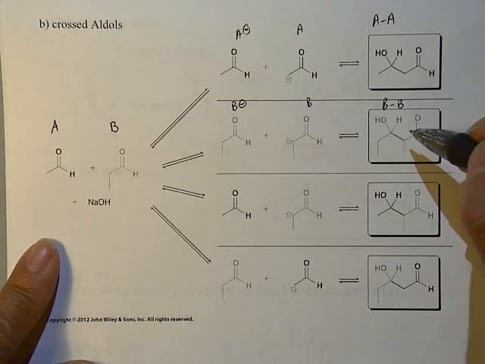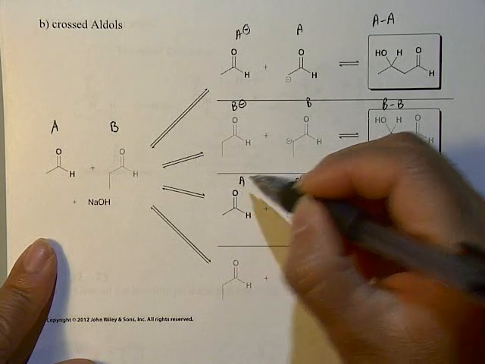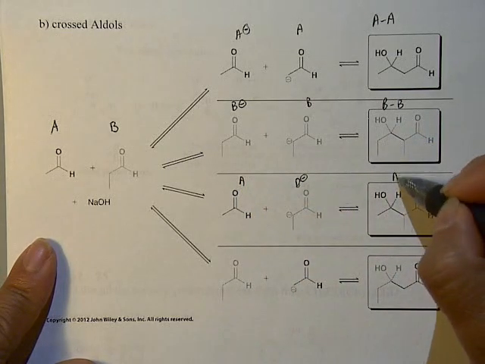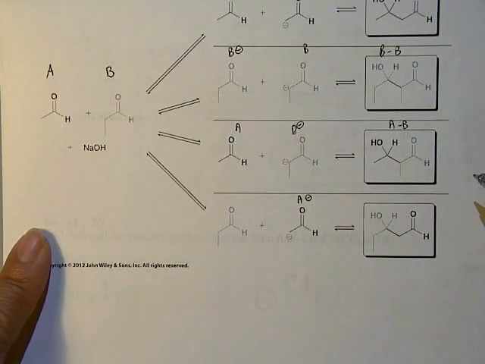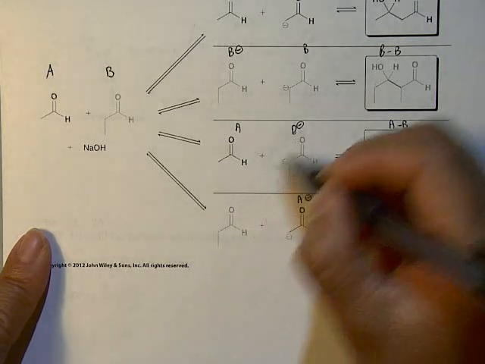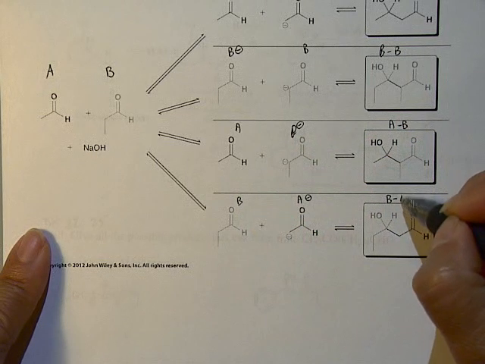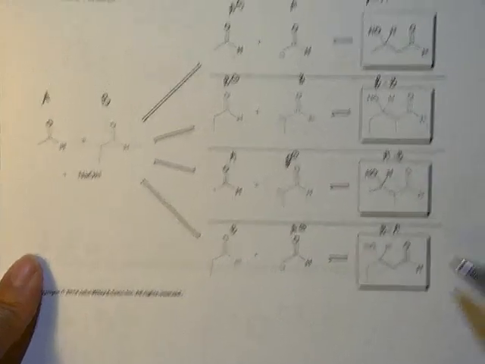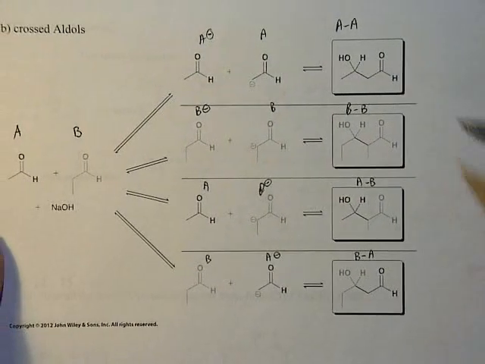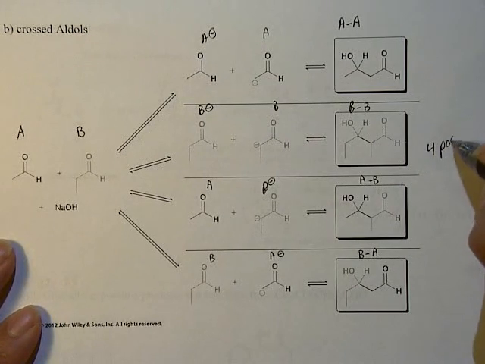Or you could have a cross aldol, in which you have the enolate of B reacting with unreacted A to form a BA product. Or you could have the enolate of A react with unreacted B, so that you have the AB aldol addition product. So the upshot of this exercise, which by the way is a great way to practice aldol reaction, is that 4 possible products are going to be forming,